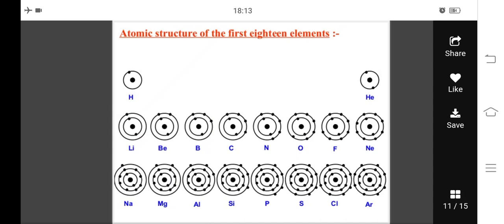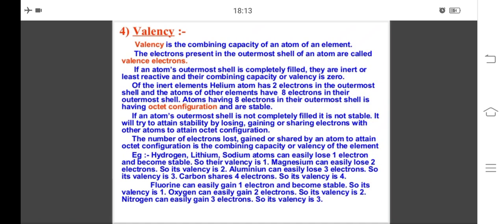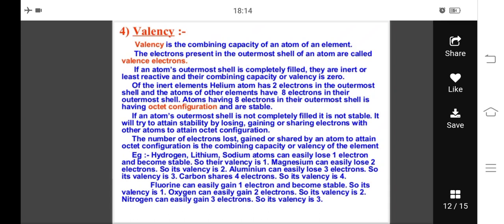Okay students, so this was about valency. As I told you, every atom, if it does not have K shell as the valence shell, because K shell can accommodate only 2 electrons, so if an atom has L shell, M shell or N shell as its valence shell, then it has a tendency to have 8 electrons in the valence shell. So in order to make the electrons 8, it can either lose the electrons or gain the electrons. The number of electrons it can gain or lose, I am repeating, is known as its valency.